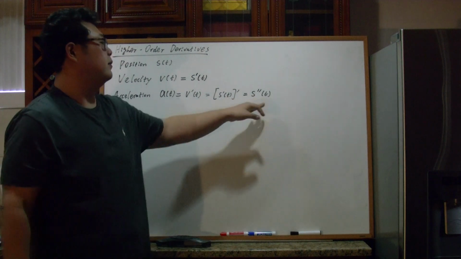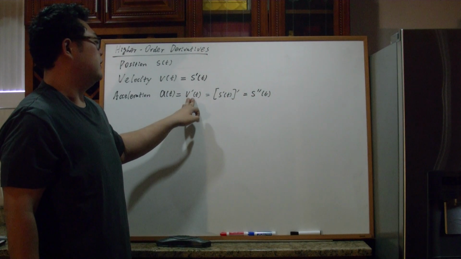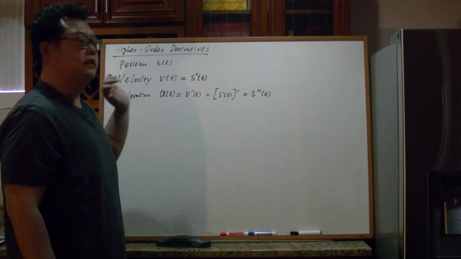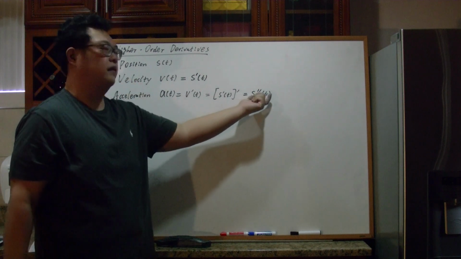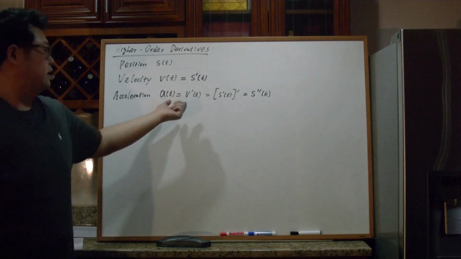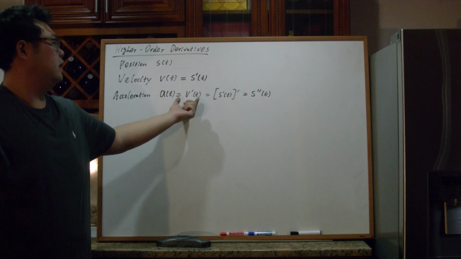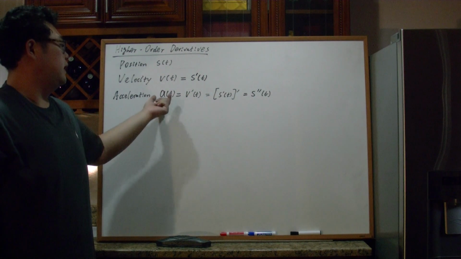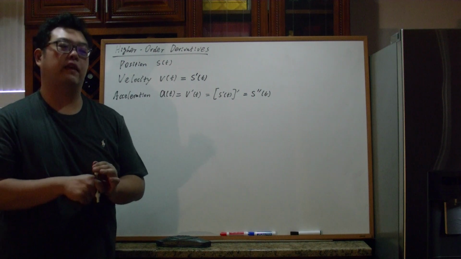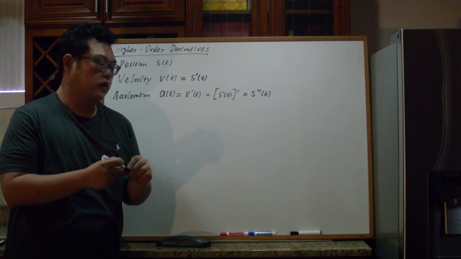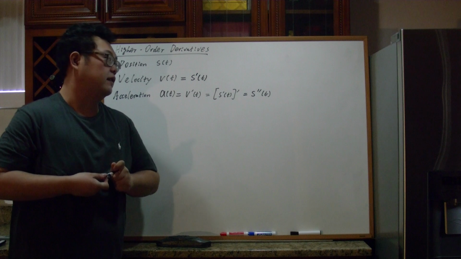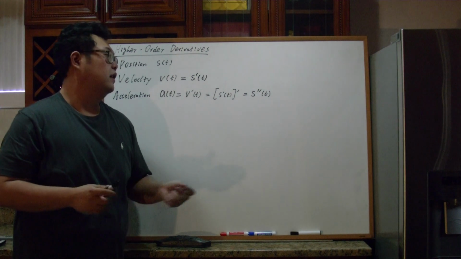So we have s double prime of t, the prime of the position is the velocity, and the prime of velocity is acceleration. We usually say first order of derivative to be just the derivative of the function, but